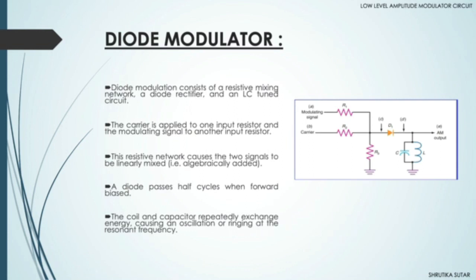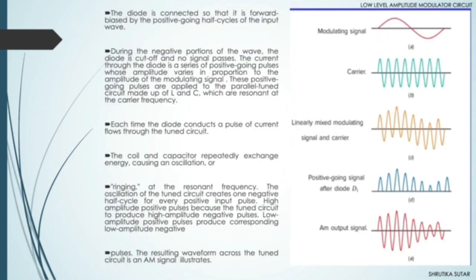A diode passes half cycles when forward biased. The coil and capacitor repeatedly exchange energy, causing an oscillation or ringing at the resonant frequency. The diode is connected so that it is forward biased by the positive going half cycles of the input wave. During the negative portions of the wave, the diode is cut off and no signal passes. The current through the diode is a series of positive going pulses whose amplitude varies in proportion to the amplitude of